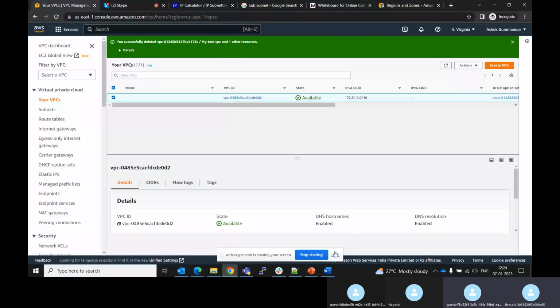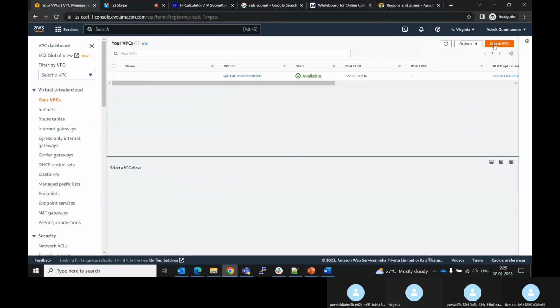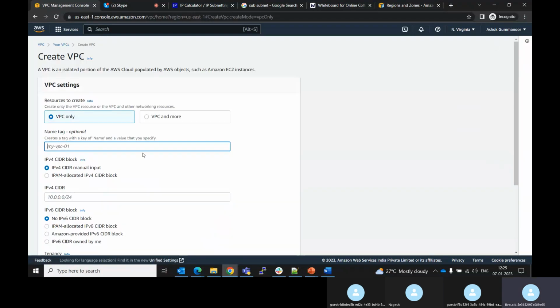Nagesh, you can delete your VPC. Yeah, delete it directly. Click on it, and in actions, it will be there. Delete VPC. Just delete that one. After that, go to one again. Create a my test VPC. Here, make the IP range a little more, because if you are giving